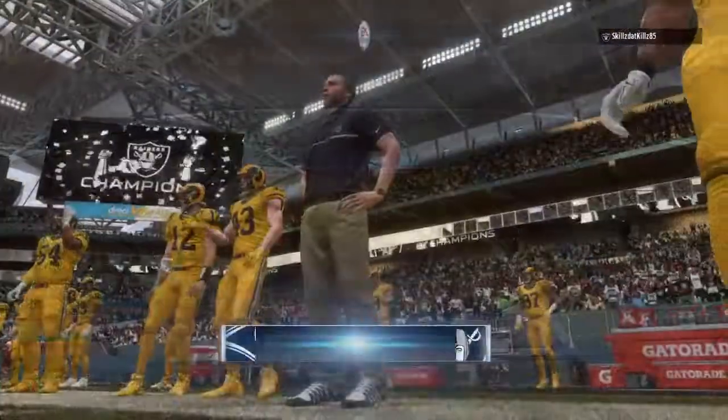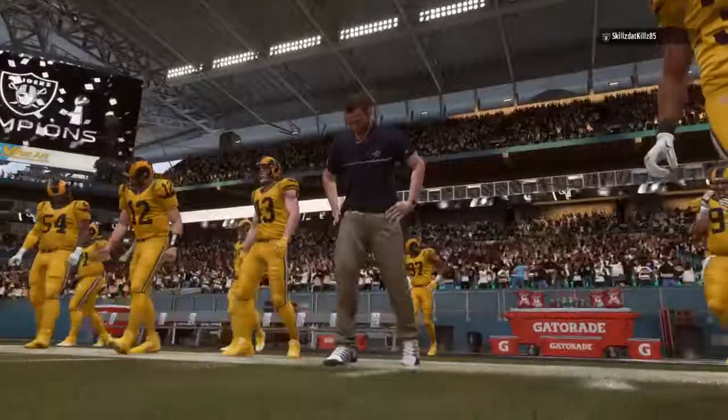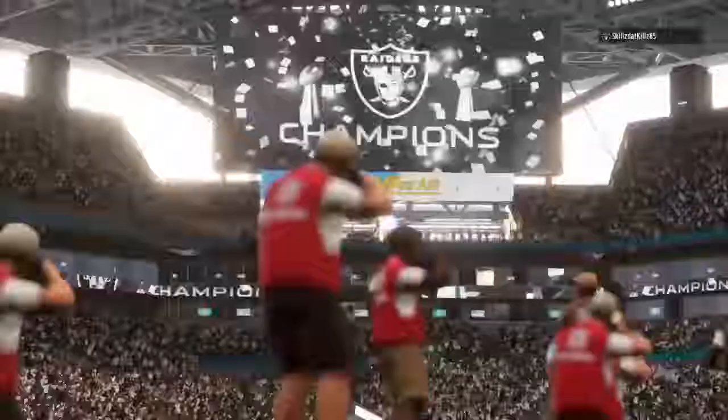And the Oakland Raiders are on top of the football world. They will hoist the Lombardi Trophy as the